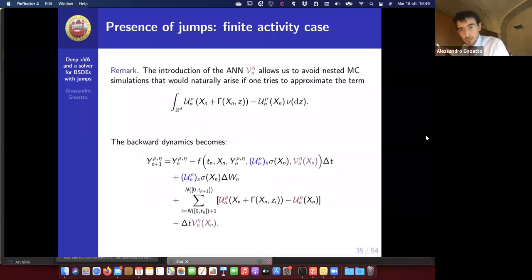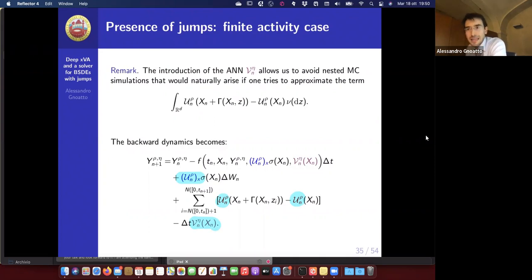So you see, once you start doing things like this, the discretized BSDE in terms of the neural networks looks like this. You have the BSDEs here and here, and notice that here I am computing the gradient of the neural network because I have the first derivative of u there, but this is easy because with TensorFlow you can use automatic differentiation, so that's not a problem. And you see that here I have the second family of neural networks that parameterizes all the compensator of my jumps, in order to avoid the big numerical integral.